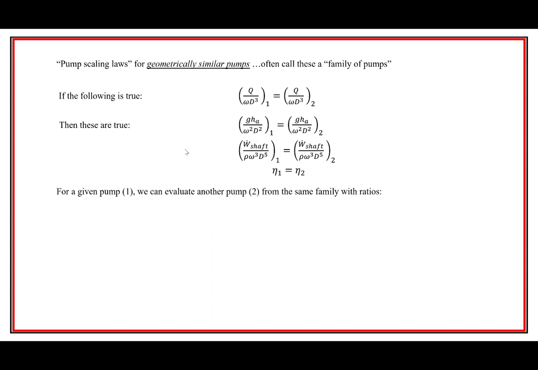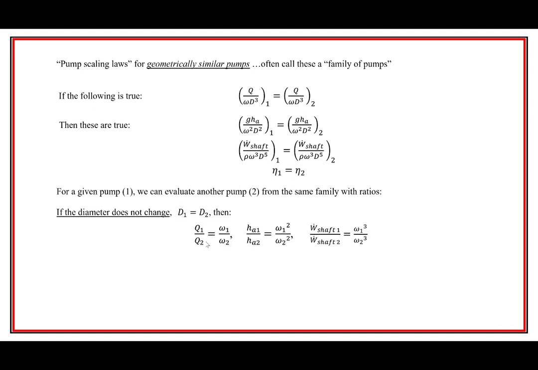So as I mentioned, for a given pump 1, we can evaluate another pump 2 with the following ratios, and there's a lot of ratios here. So if the diameters do not change, so if it's the same impeller diameter, then we could say the flows are directly proportional to the angular speed of the pump, the RPM. And the heads are proportional by the square of the angular velocities,